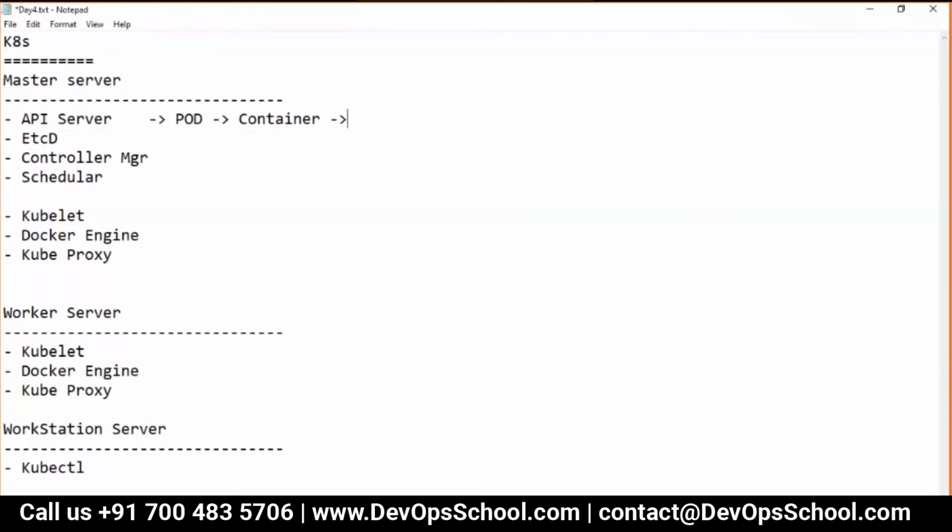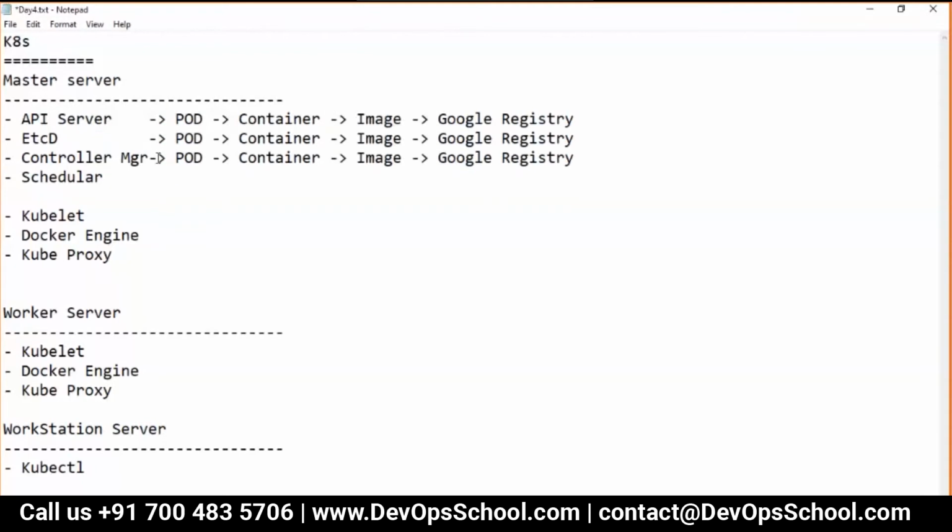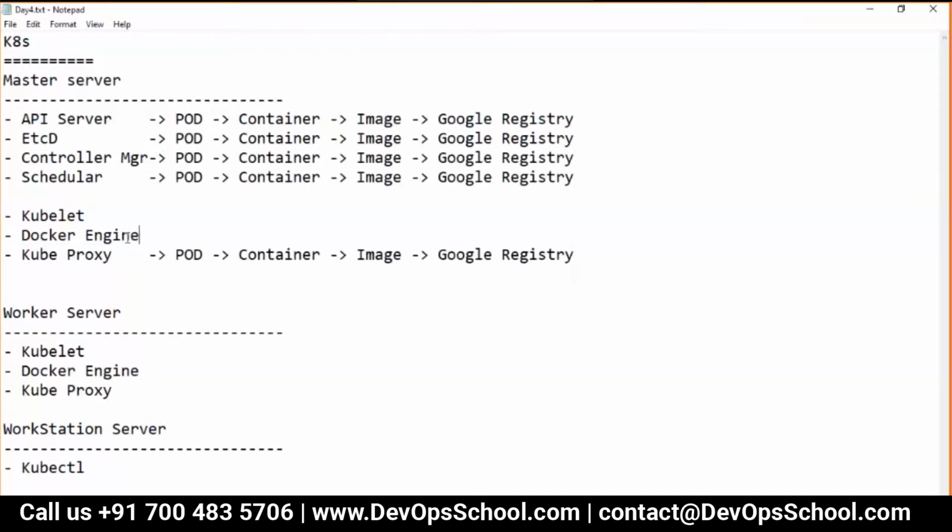So now guys, these all are pods actually. Now this container comes from what? Image. And the Docker image, this image comes from, you know where? Google registry, not Docker Hub. So guys, this is the complete detail about this. By the way, kubelet and kubeproxy are also applications.